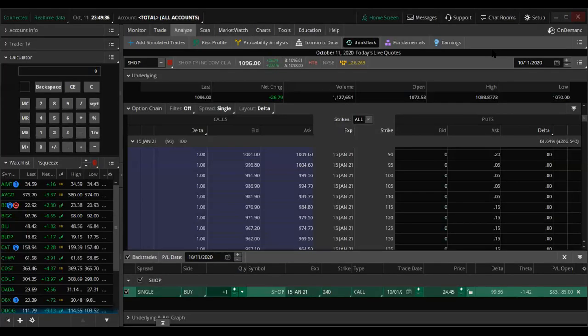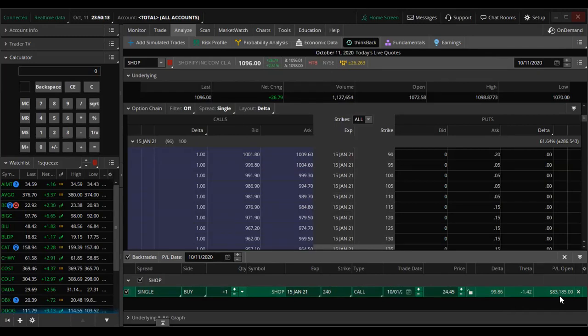Now, in this example, not everybody is going to be that lucky to pick a $160 stock and have it go to $1,000 within 2 years. But just as an example, I wanted to show you, if you get this right, just how much money you could actually make doing this. And what you could do is just sell your option contract and deposit this money in your account.